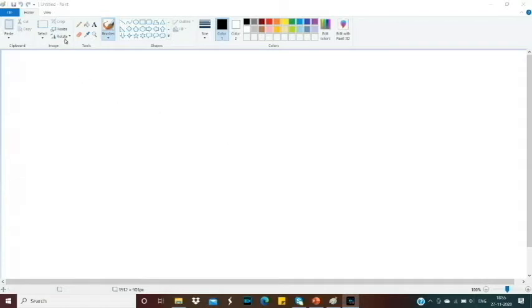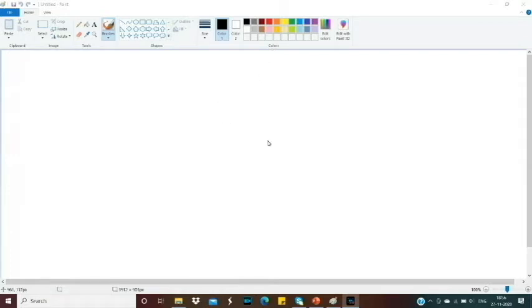At the top left of the screen, we can see File tab, Home tab and View tab. This rectangular screen is called ribbon. When we select Home tab, on ribbon we can see all these groups. Tools group, image group, clipboard group, shapes group, colors group.